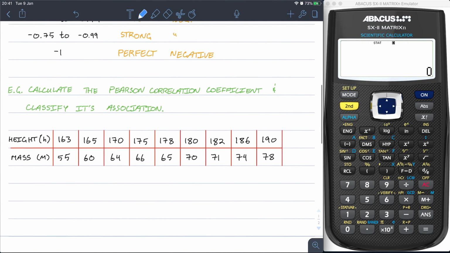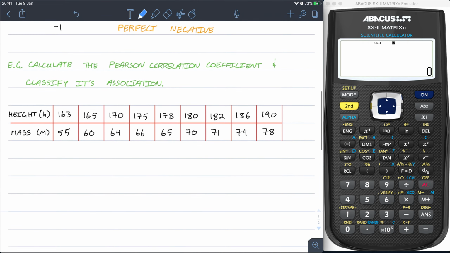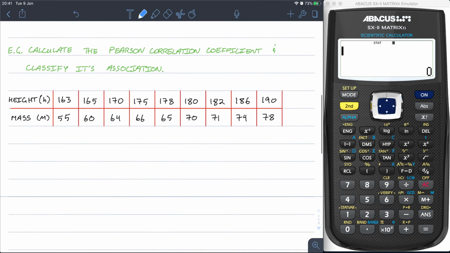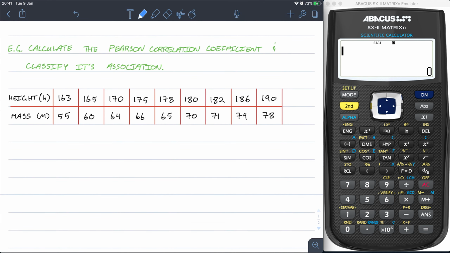You can probably already see on the screen, we have a calculator ready to go because we're going to be using our statistics mode in our calculators to do this. So let's clear first. How we do the clear is shift, clear all, and let's clear everything first. First we need to set up into stat mode. So we're going to be using mode,